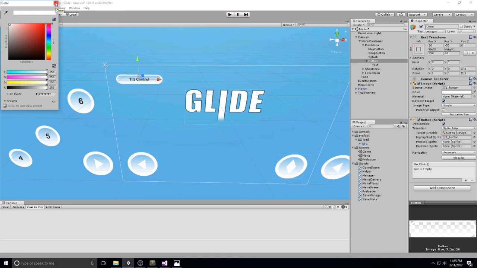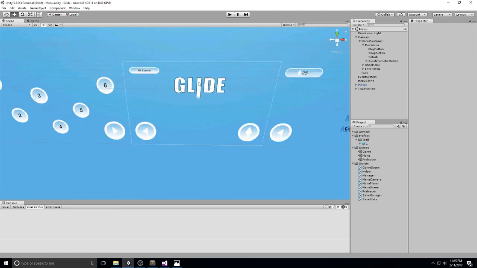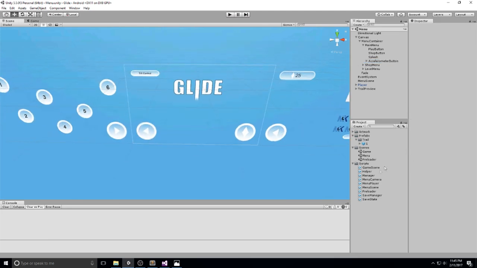So what we're going to be doing right now is, first, let's start by renaming this. That is the accelerometer button. And if I missed the actual pronunciation of this, I'm sorry, I just don't really care. Please don't let me know in the comments. Okay, cool. Now that I got that out of the way,